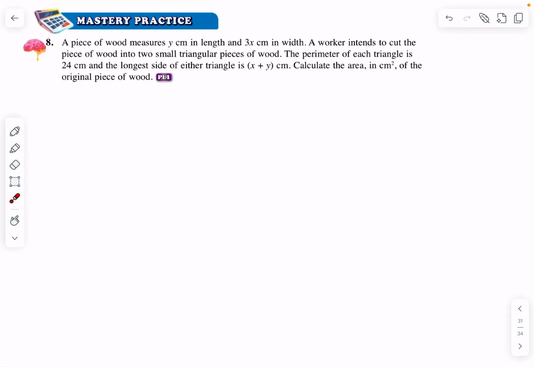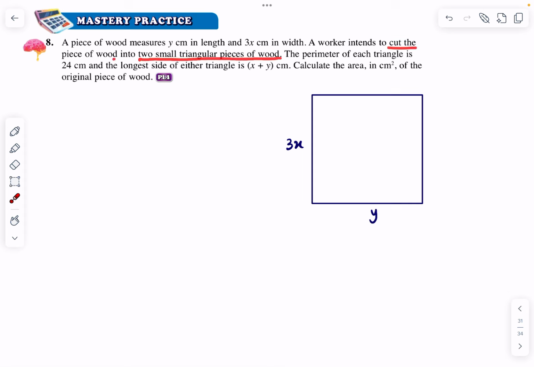Question 8. A piece of wood measures y cm in length and 3x in width. Okay, so we assume y cm in length and 3x in width. A worker intends to cut the piece of wood into two small triangular pieces of wood. So I think he's going to cut it like this